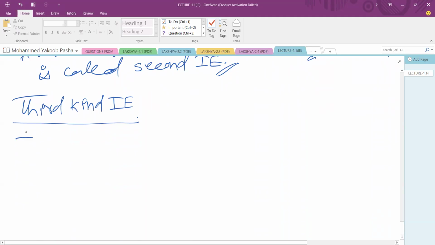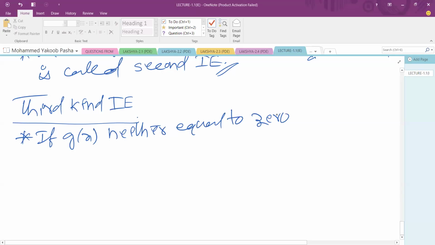That means if g of x is neither equal to 0 nor equal to 1, then the integral equation